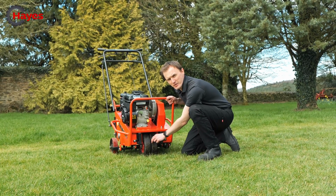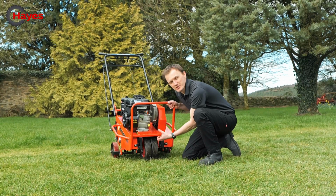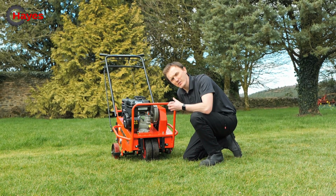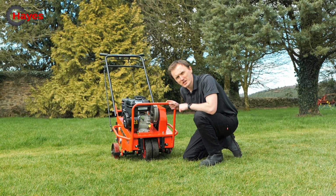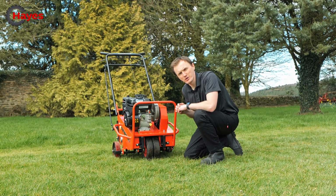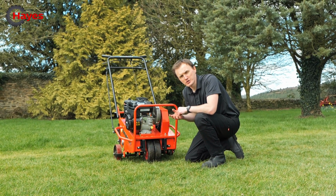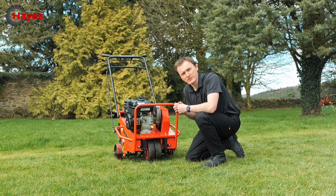At the front of the machine we have two large pneumatic wheels. Again, solid wheels driven by the chain drive. The good thing about having the chain drive going to the front wheels is when it's up top like this in the transport position, you can actually use the drive from the engine to drive the front wheels, moving it from the garage, your shed or your vehicle onto the customer's lawn without having to push this large heavy duty machine